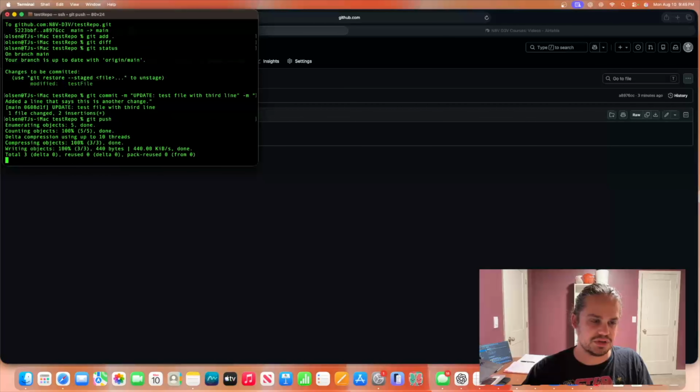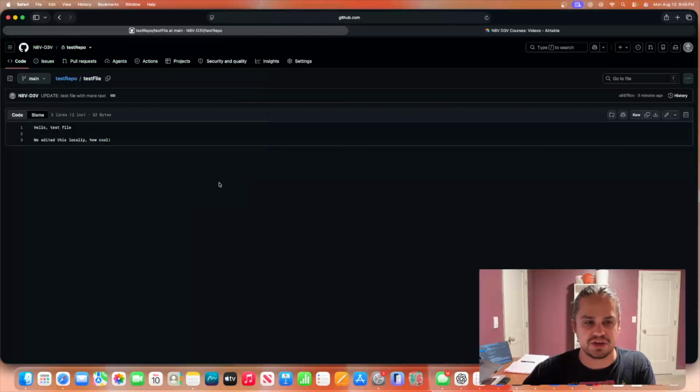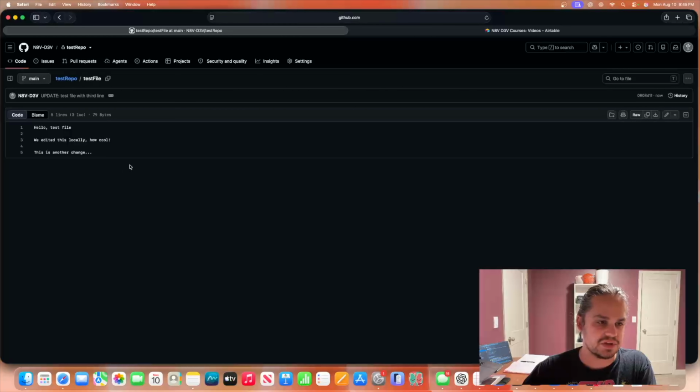Git push. It's going to do the work, and then if I come into here and refresh, this is all here. And so now if a team member were to log in, come look at the repo online, they'd see everything here. Now the next trick is going to be, how do you get these changes locally? Because if someone else made a change here,